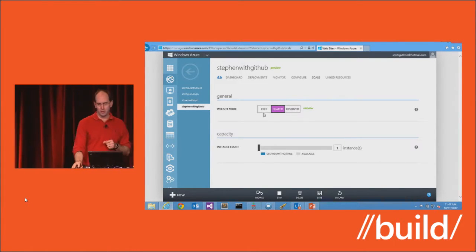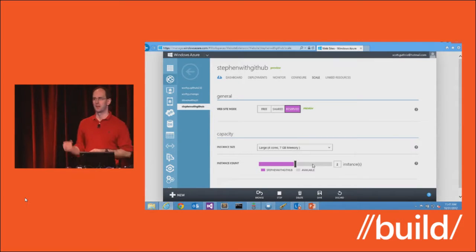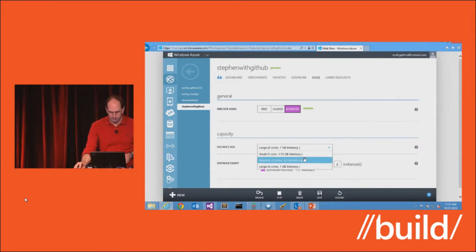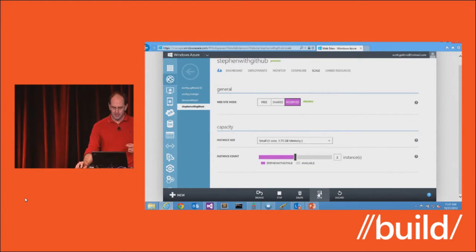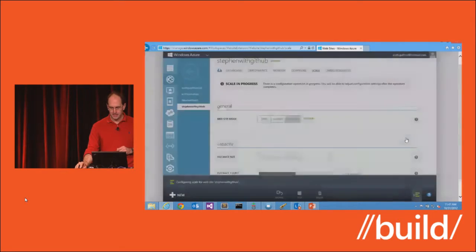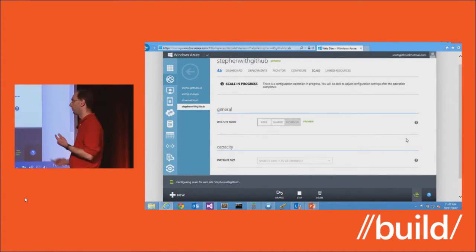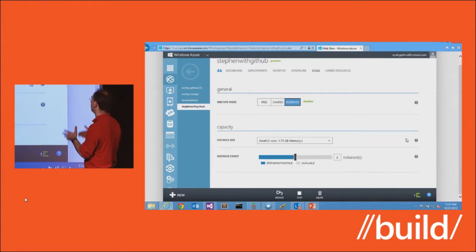Or if you want to, you can pick what we call the reserved model, where we guarantee you're the only tenant on the machine. You can choose what size machine you want and how many instances of that machine you want to run it on. The cool thing is, because I'm cheap, I'm just going to say 1 core. If I want to run this now, I just hit save, hit yes. And hopefully in a matter of seconds, this will scale up this website so that instead of running in a shared multi-tenant world, there, we're done.